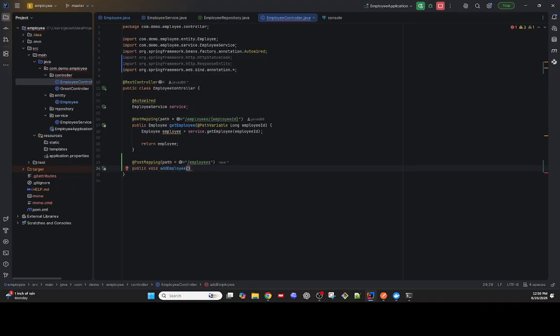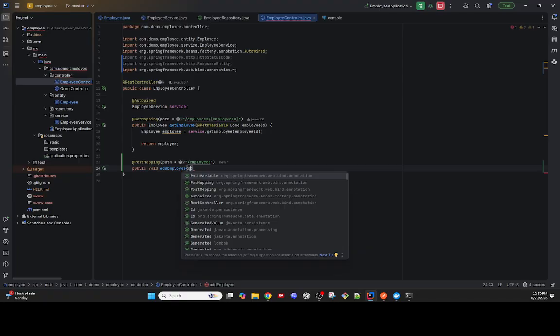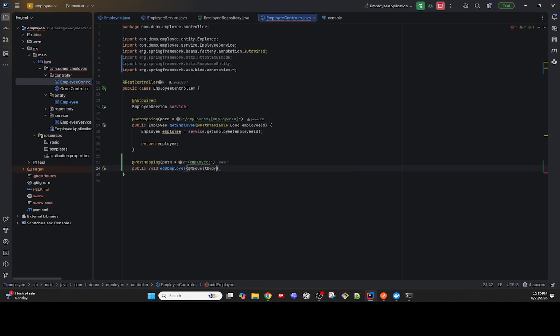And where is the employee coming from? We are sending over the employee in some mechanism that we are going to discuss, but the employee is in the request body, and it will be an employee object. We call that simply employee. So once this request comes in with this employee, what are we going to do with it? We are going to pass it to the service to save it, right? Just like over here, when we pass the ID of the employee to the service to get it, we are going to pass this to the service to add it. So we add this employee,